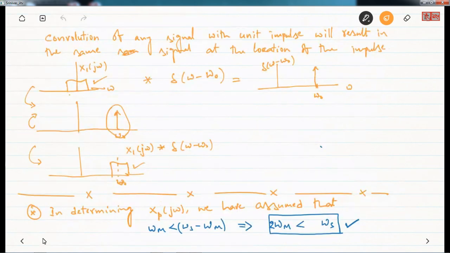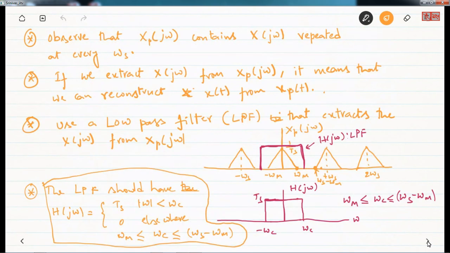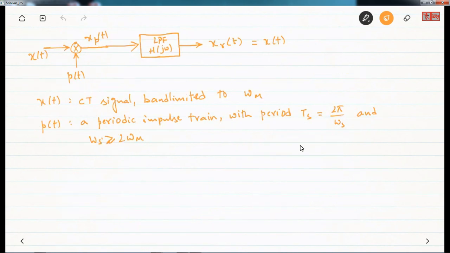Yeah. So here that's correct. So here what I'm saying is that omega s is greater than or equal to 2 omega m, then here